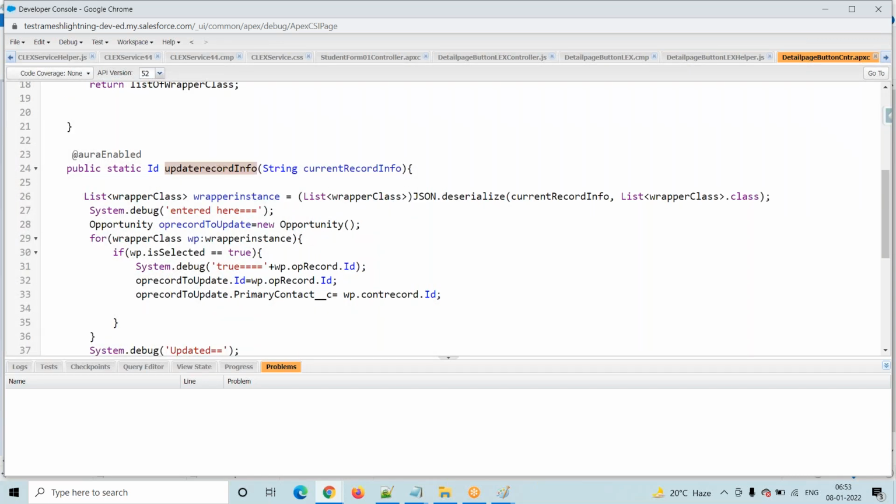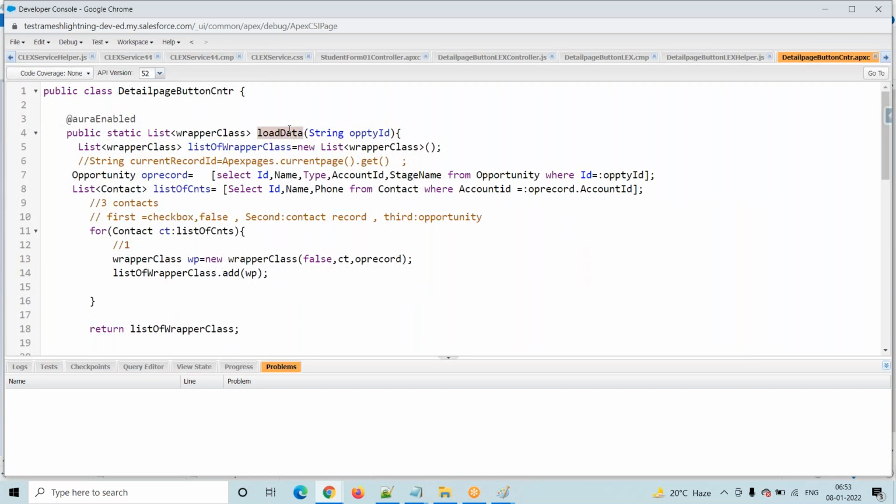Again we have to write a method. We are not doing it in the same method, because that one is for loading purposes. While loading we have to fetch and display. Now what is our next step? The user will select a record, and that record we have to update. Where do we update it? In the same method? No, we have to write a different method here.